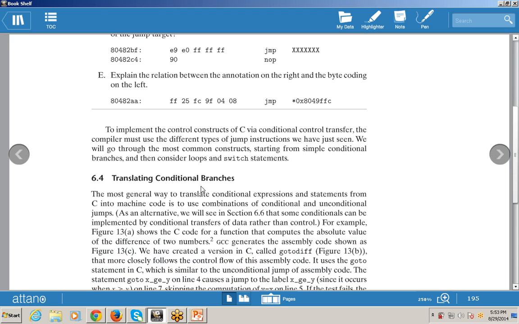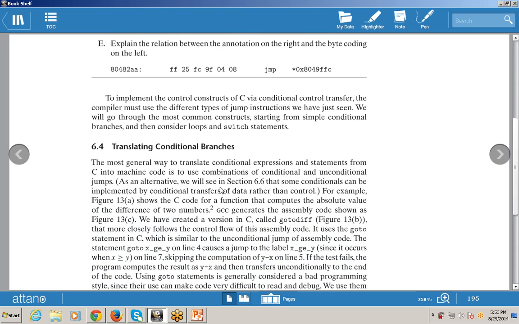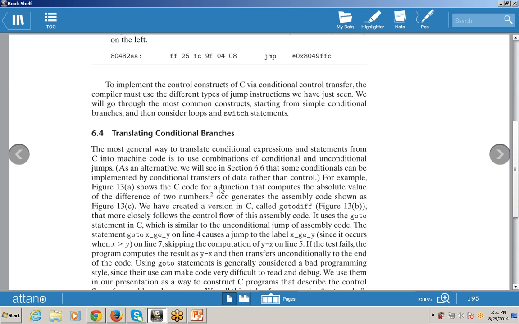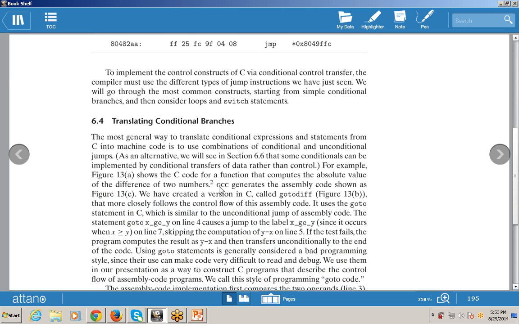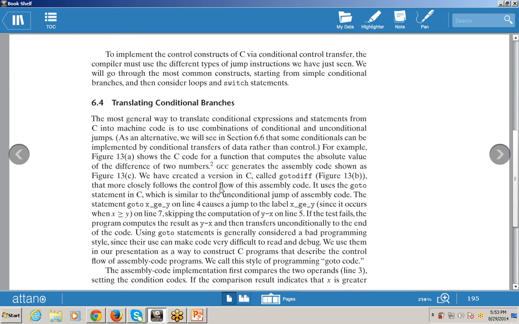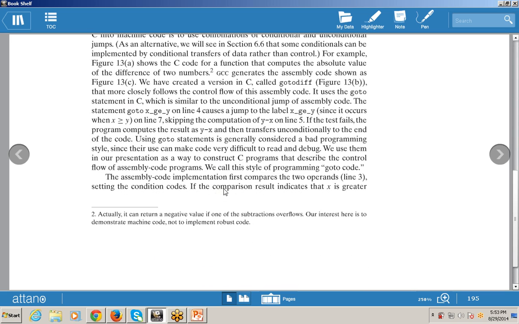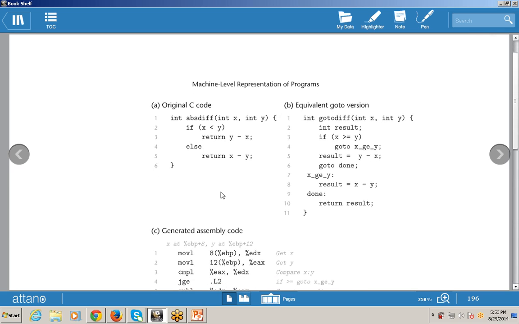Now next is translating conditional branches. As I told you, there are conditional branches. These are the multiple codes. First one is the C code, then the goto version, then the assembly code. First of all, take this one, int absdiff, that is int absolute difference.